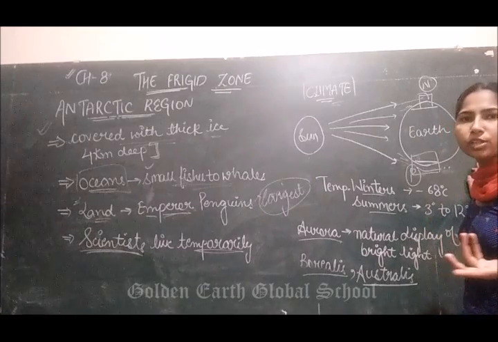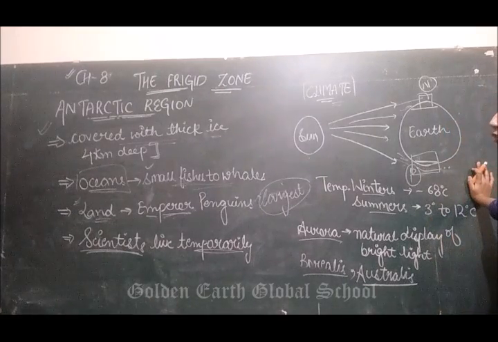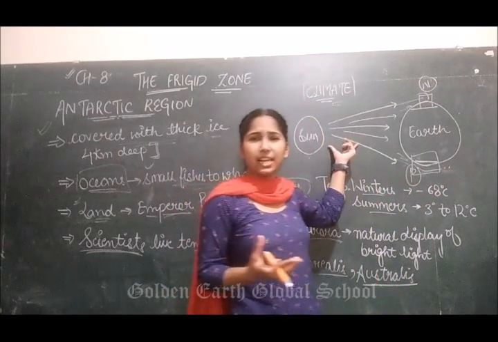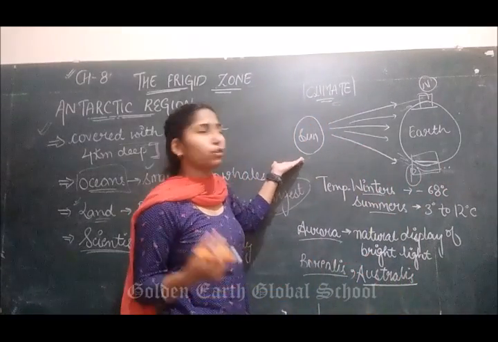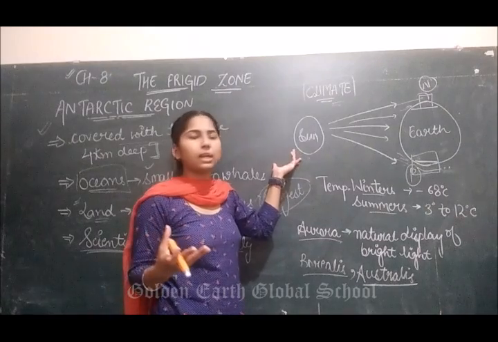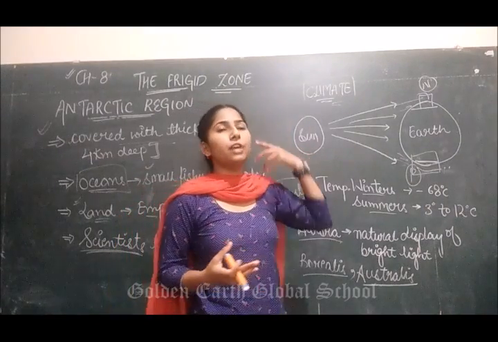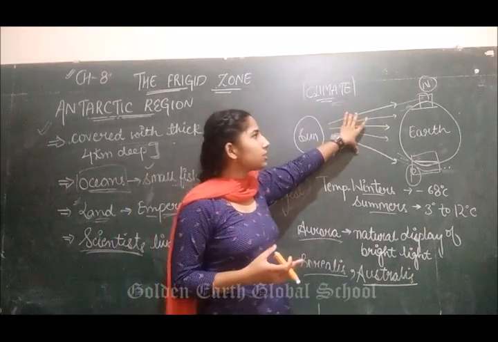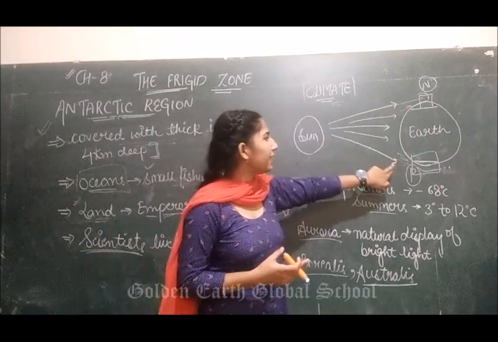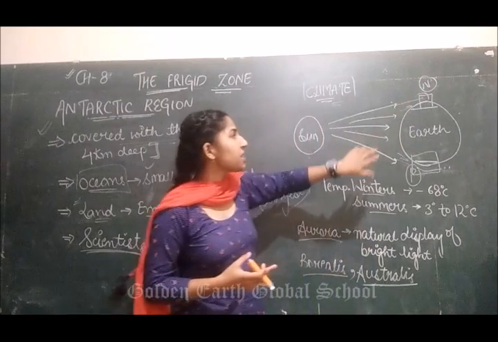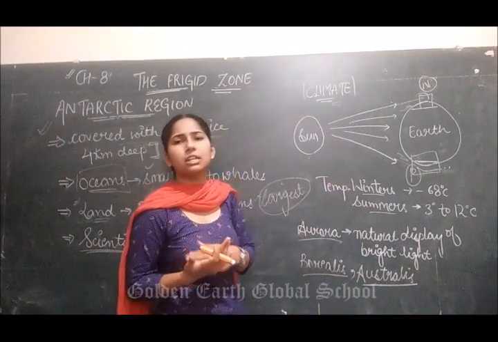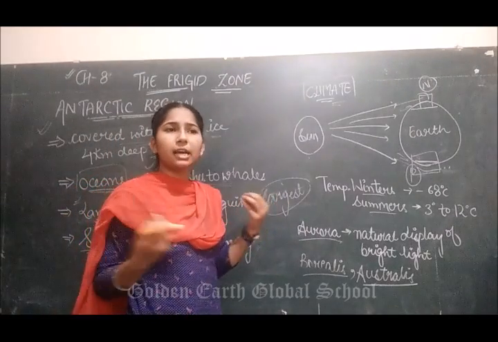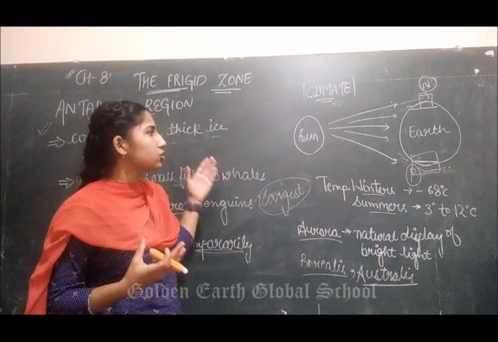जो है इनफ सन रेज जो है वो नहीं पहुँचती। द सन रेज विच रीच द पोल्स, द नॉर्थ पोल एंड साउथ पोल इज वेरी लेस एंड इट इज नॉट इनफ टू मेल्ट द वाटर और टू वार्म द क्लाइमेट, देयरफॉर द क्लाइमेट इज वेरी कोल्ड इन द एंटार्क्टिक रीजन। एंटार्क्टिक रीजन पोल्स की तरफ जो सन रेज है वो ऐसी टेढ़ी आ रही है, स्लैंटिंग आ रही है, इसी वजह से वहाँ पे सनलाइट का, सनरेज का इतना इफेक्ट नहीं होता, जिससे टेम्परेचर या क्लाइमेट थोड़ा वार्म हो सके।